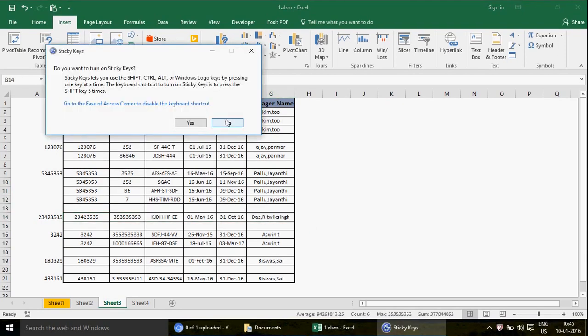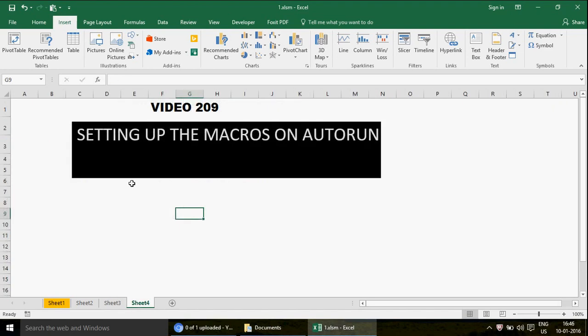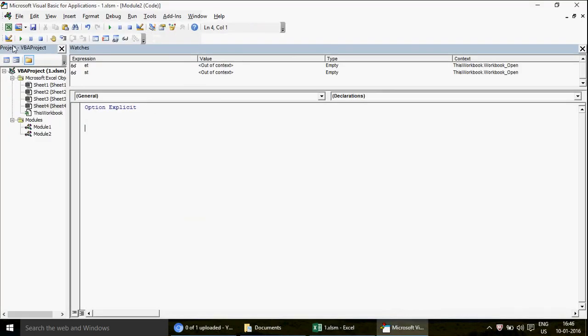So we have different managers and we want to send them the email, and in that video also I talked about how to set up the scheduler so that every month on a specific date it can send out the email. That is the one tip which I have given in that video. In the coming video I'm going to talk more on this. There are different options. Now in this video let us first go to the developer tab, and let's go into Visual Basic, and